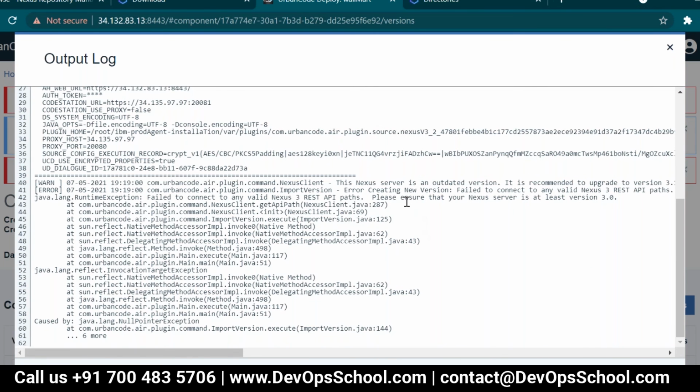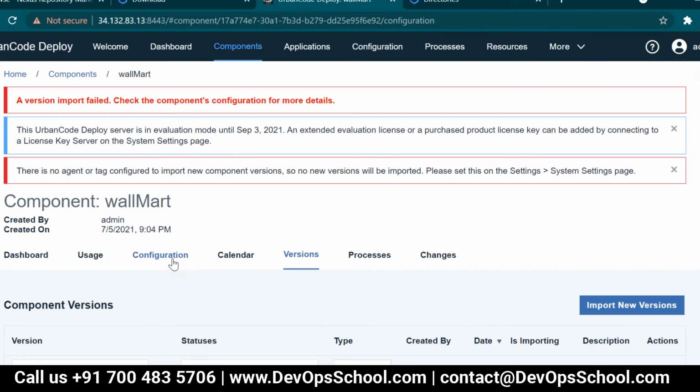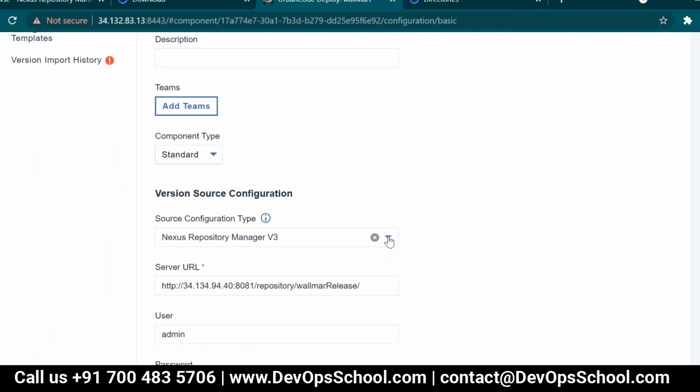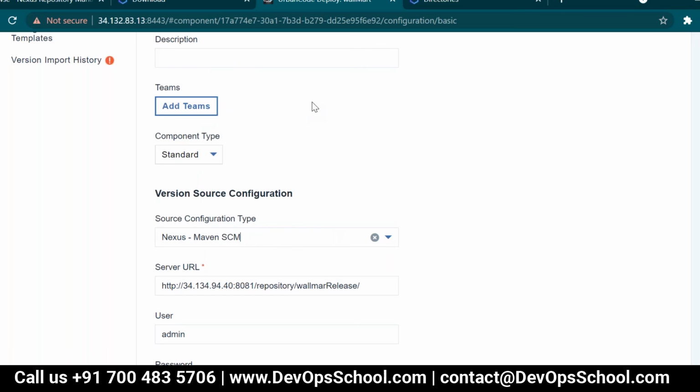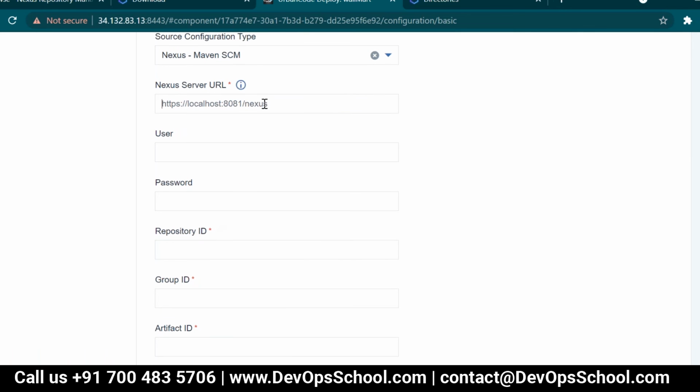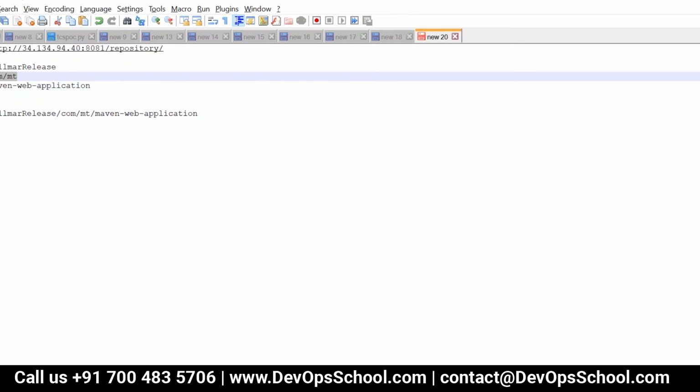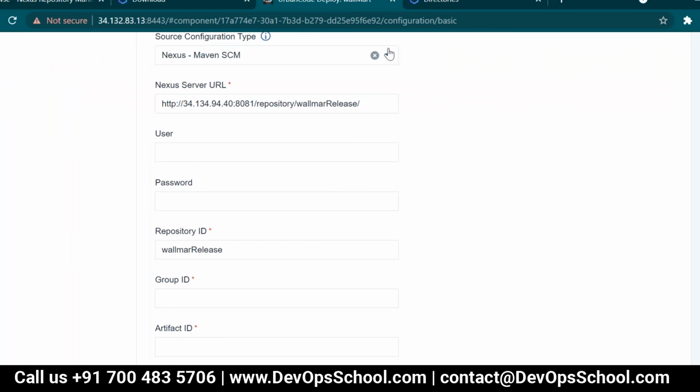How come it is coming as an outdated version? When the Access service is an outdated version, it is recommended to upgrade to version 3. Error creating version 3. Okay, maybe I will just install JFrog again and run the build from my terminal, because I don't know how to use that token from JFrog. So I'll just push it to JFrog. It will work, but I don't know why it is giving an error. I'm not sure, but it will work.